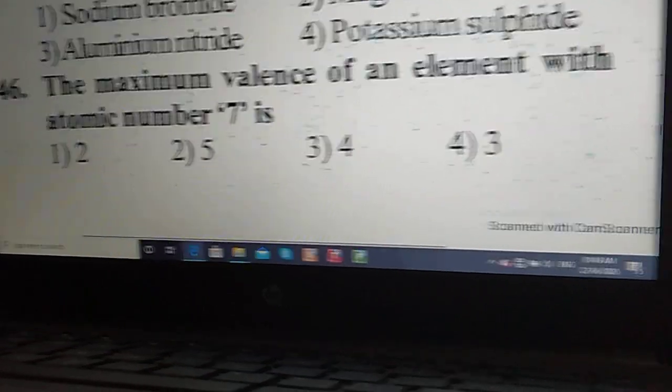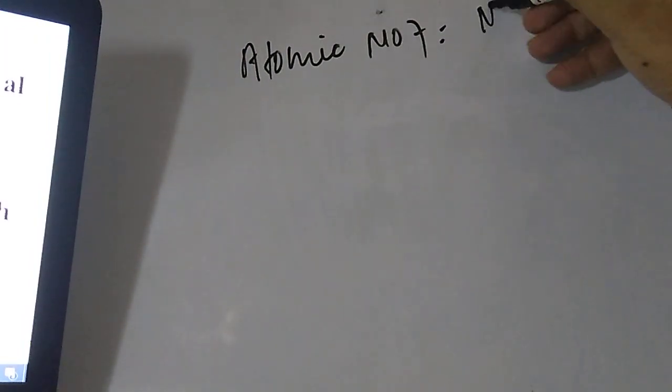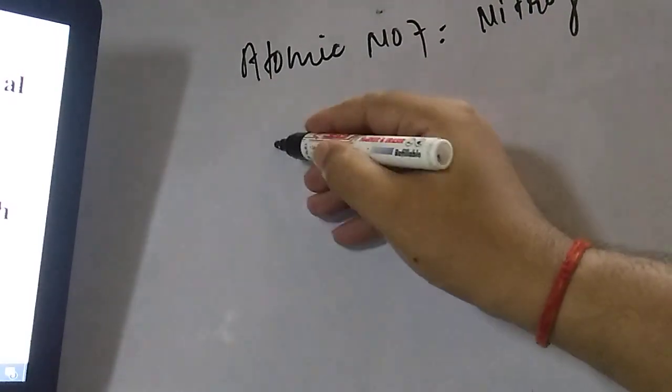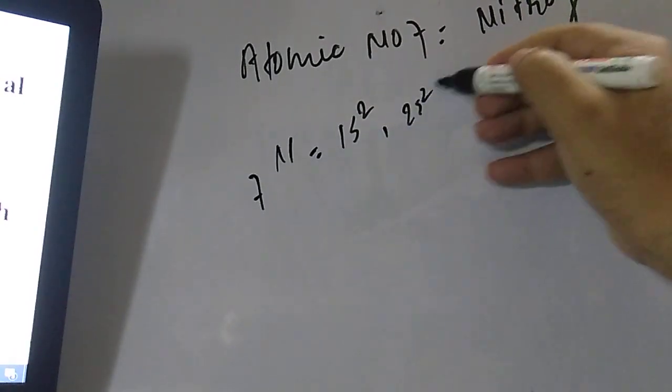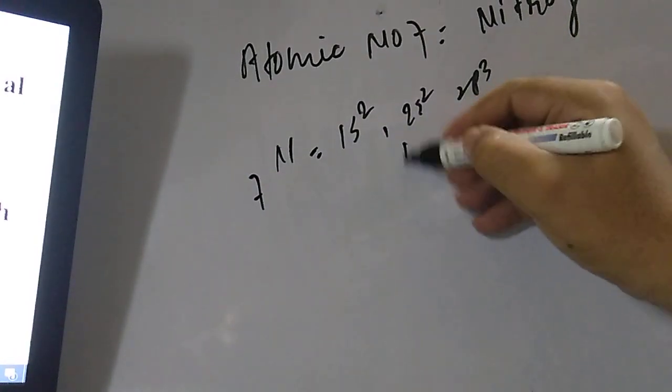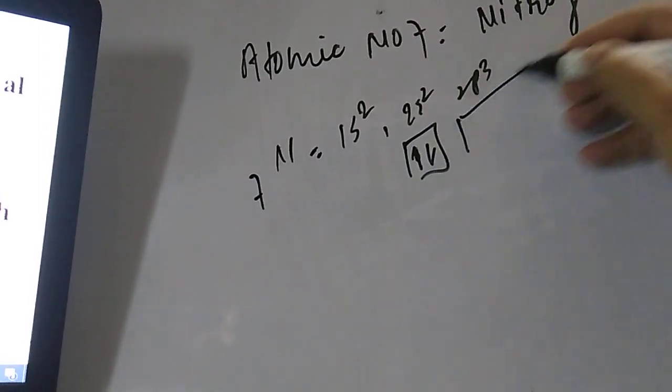Come on the board, student, that is atomic number 7. If they are talking about atomic number 7, which element is that, student? This is nitrogen. Up to nitrogen, you see, student, the configuration is 7. So here you can write 1s2, 2s2 and 2p3. Here is the lone pair of electrons, and here is